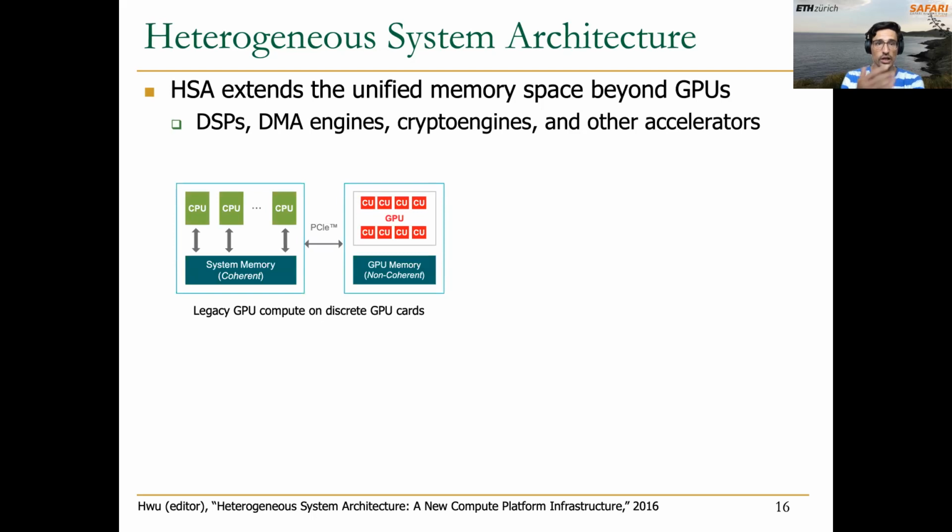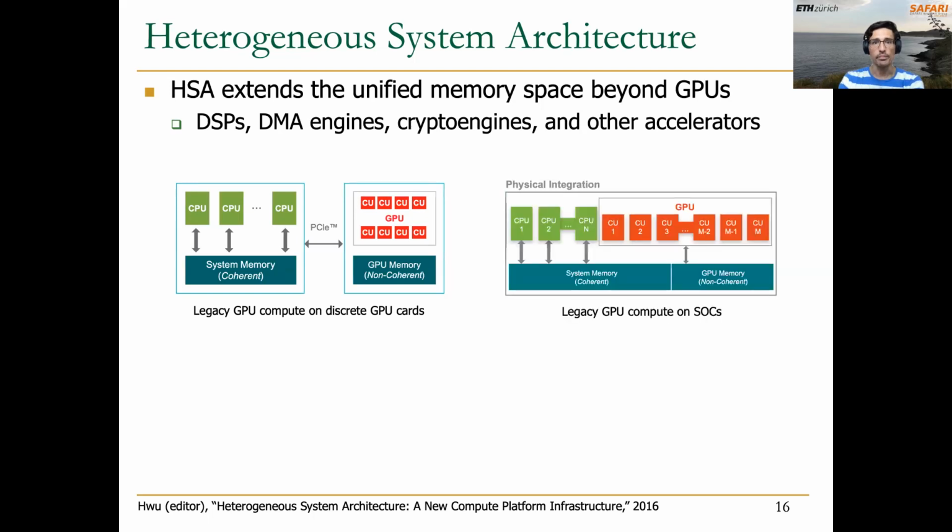So compared to the legacy system where the different accelerators are connected through some sort of bus, for example PCI Express, even when there is a physical integration, when both CPU and GPU are in the same chip, or